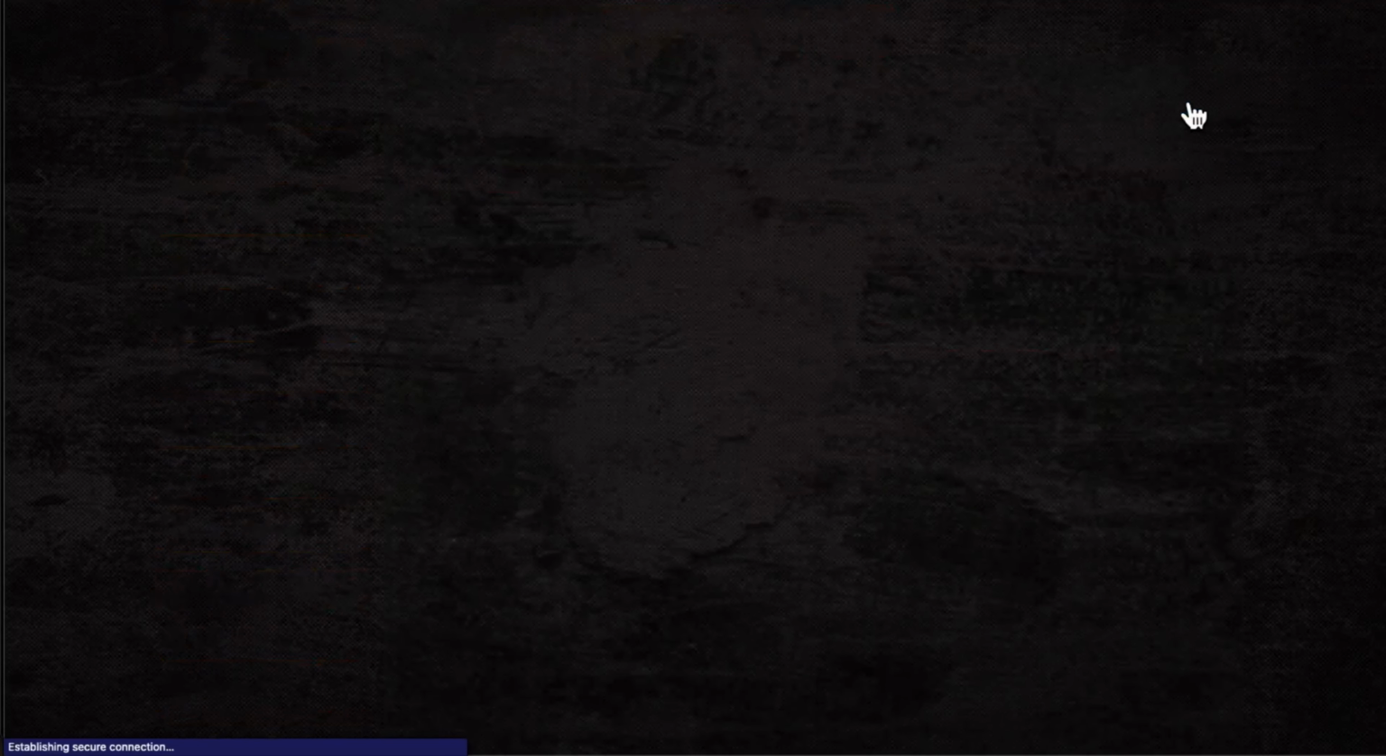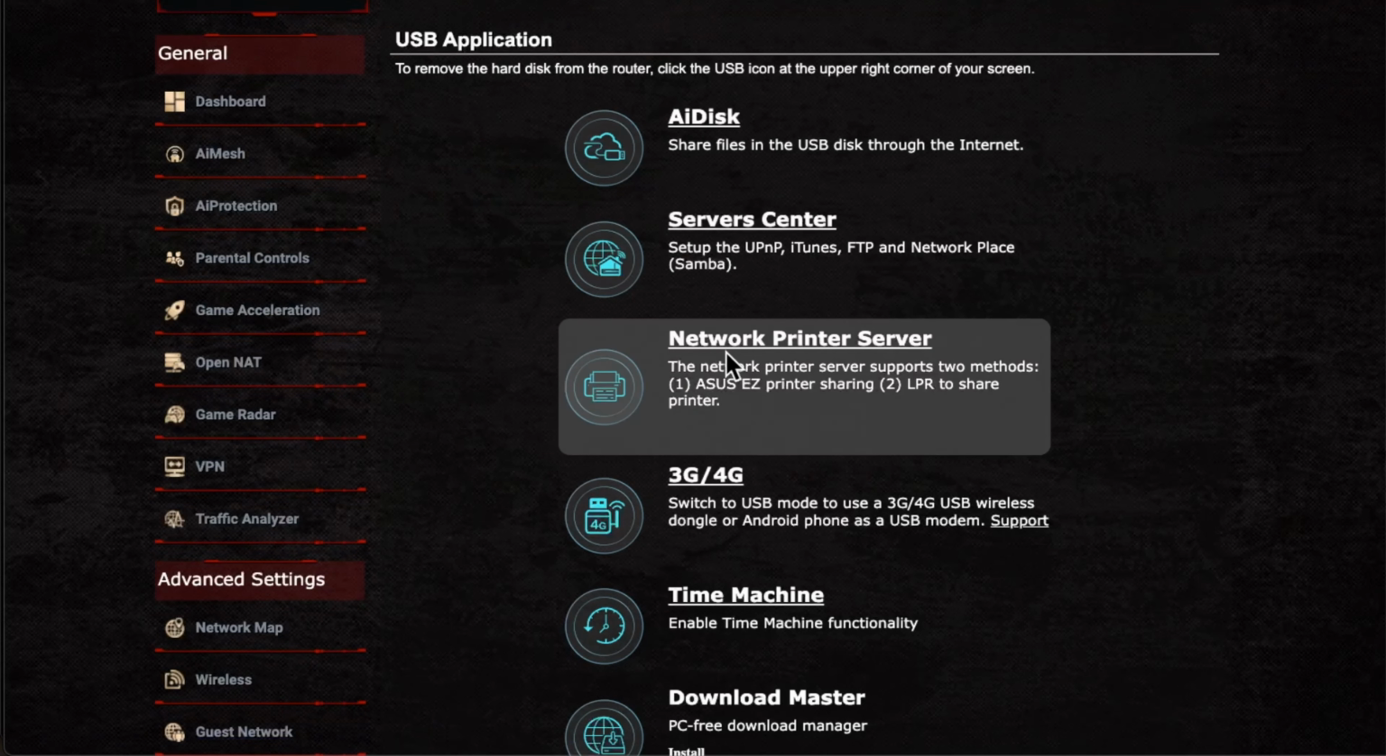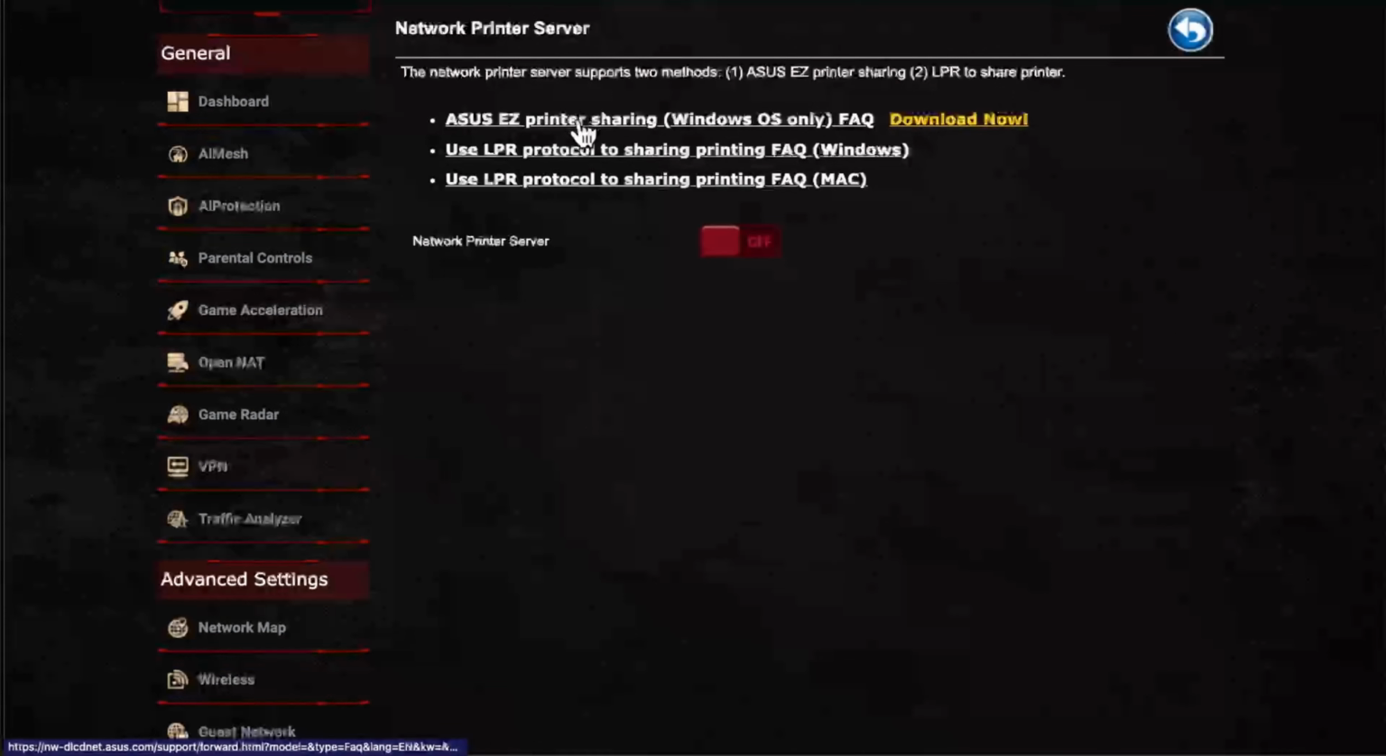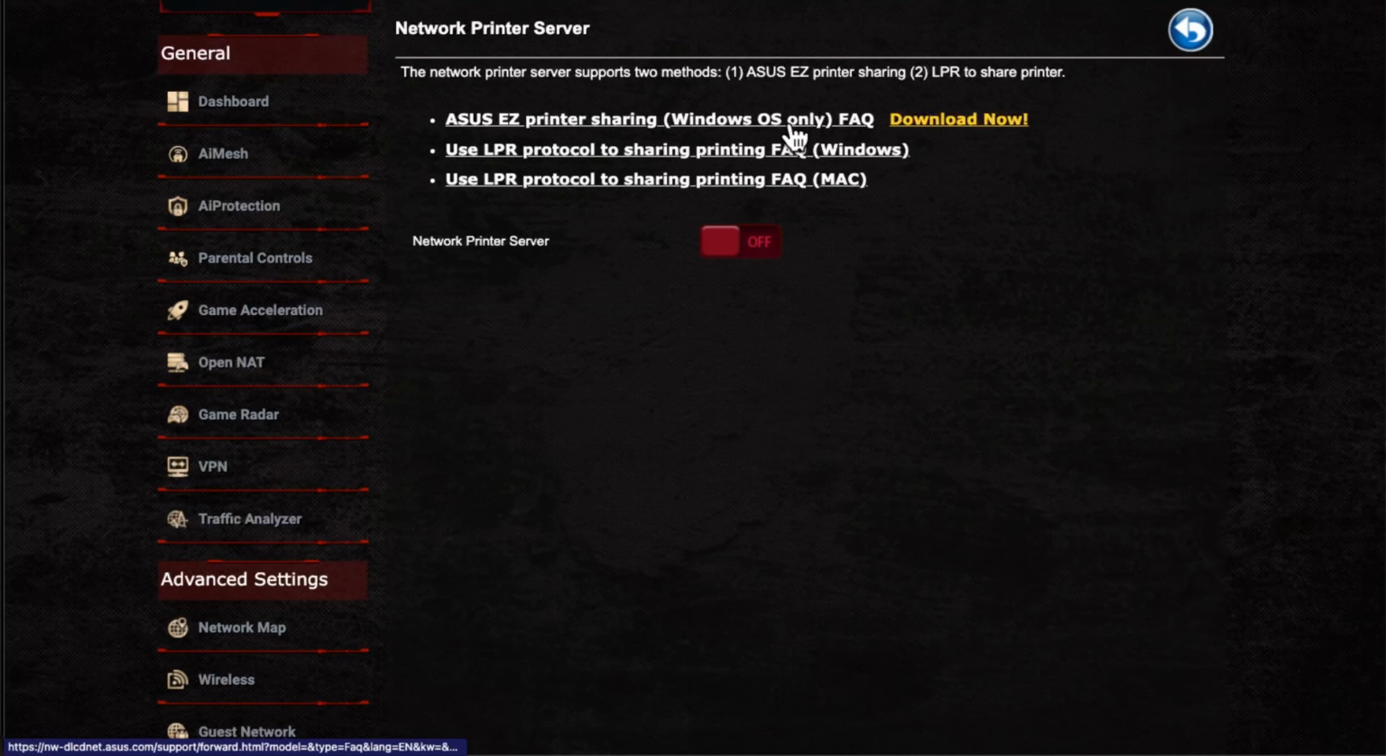So if we go back here and then go to the network printer, as we said before, if you've got a network printer connected into the USB ports, you can switch this on here, and then you'll be able to access your printer. Again, it's got some FAQs for Mac, Windows, and also if you want to download the Windows-only version, basically there's an application you can download to access it. So if we go back,